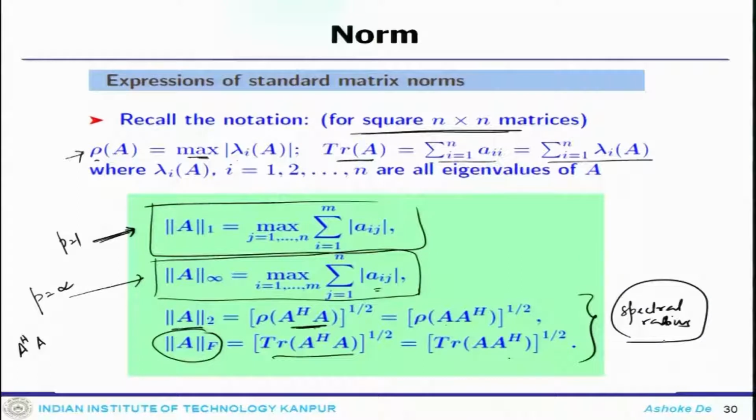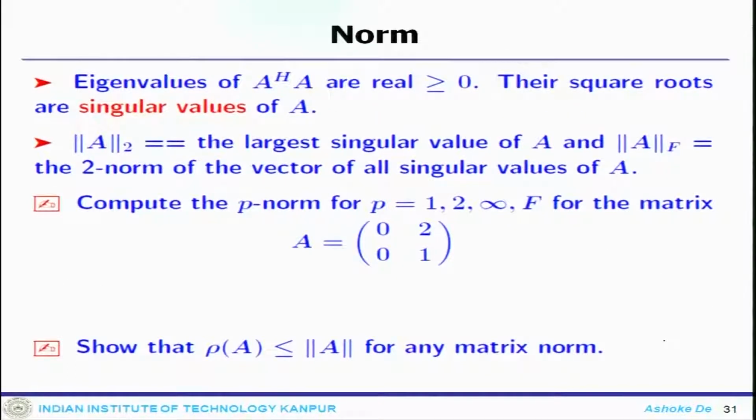So, welcome to this particular lecture, and we will continue our discussion of what we have been doing so far. What information does one have to have? The eigenvalues of A Hermitian A, which is a product of matrices, are real, that means they are all greater than or equal to 0. That is an important condition, so that their square roots are singular values of A.